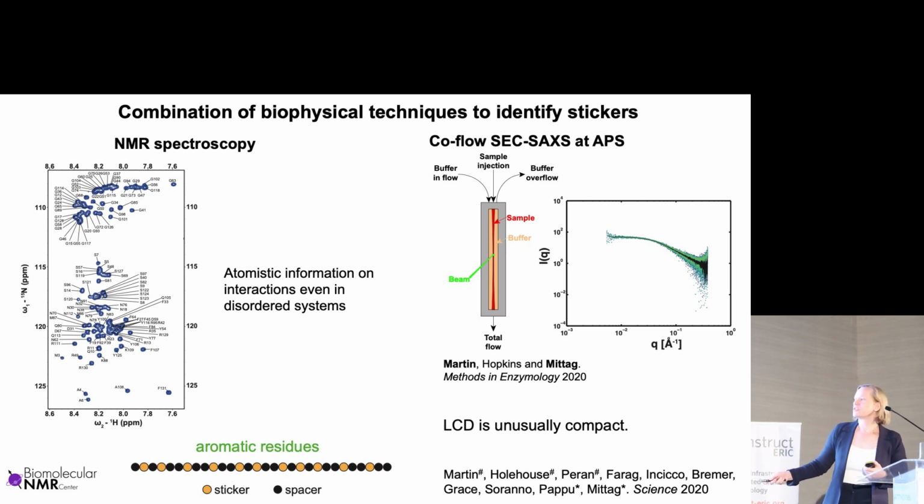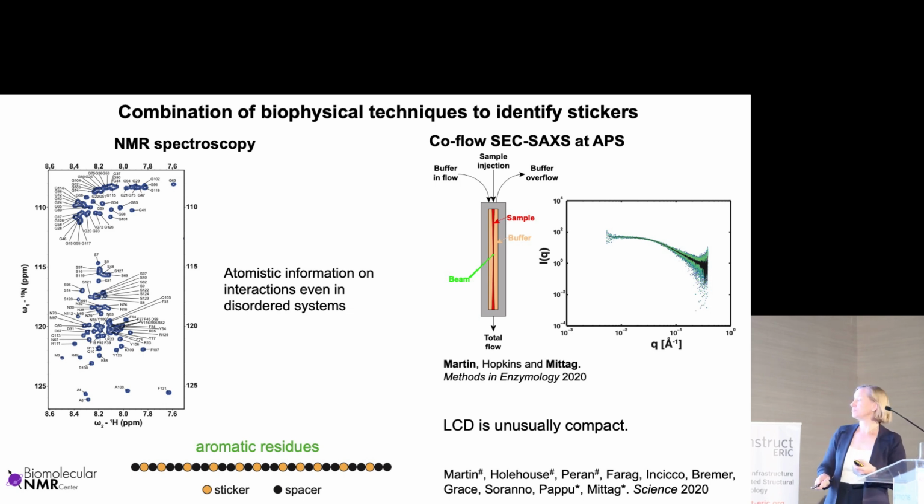And this really pointed to aromatic residues, without me showing you the data for this. And we used small angle X-ray scattering to get high quality data and to see that this protein was really quite compact. And that gave rise to the hypothesis that it was really the aromatic residues that compacted the protein